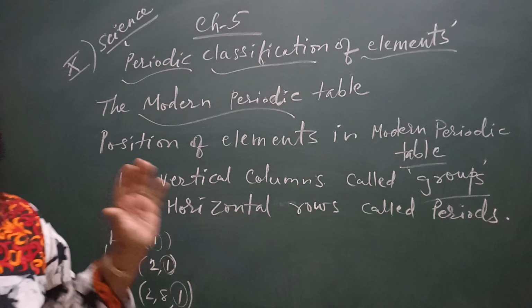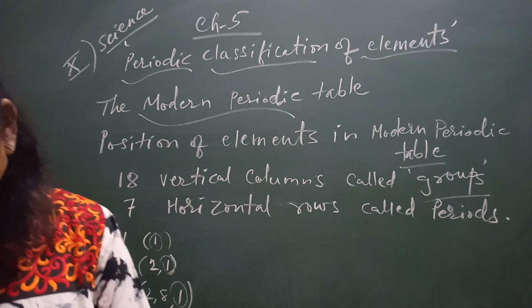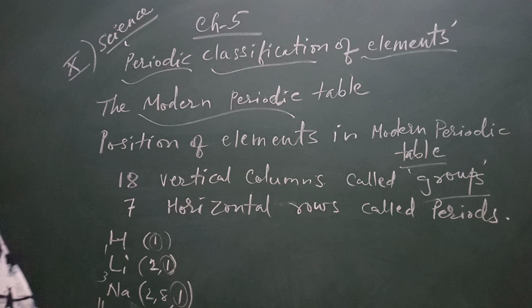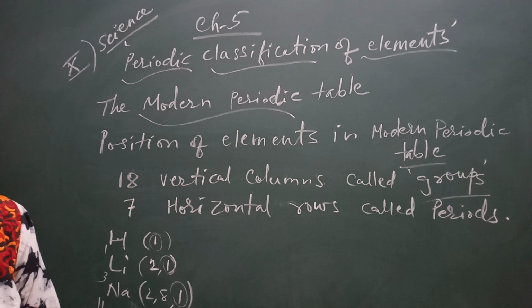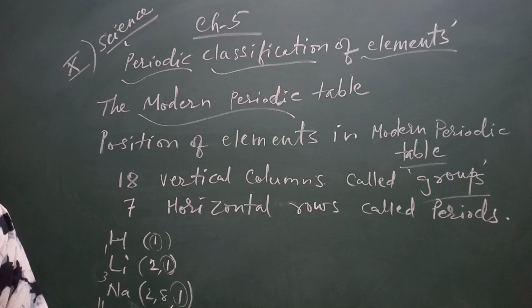How were they arranged? The elements were arranged in periods and groups. Now look at group number 1. If you see on page number 86, the table of the modern periodic table, group 1 has hydrogen, lithium and sodium. We take the first 3 elements of group 1 of the modern periodic table and name them. So what are their names? Hydrogen, lithium, sodium. Now write down the electronic configuration of the first 3 elements of group 1.